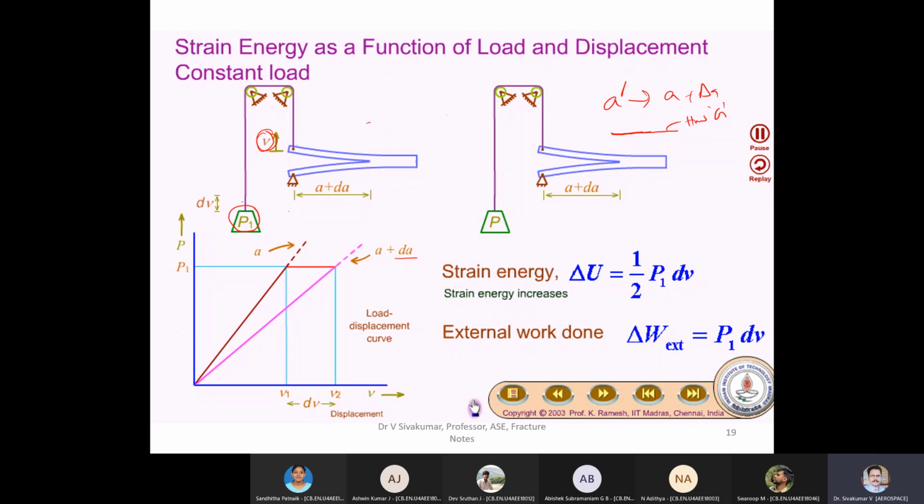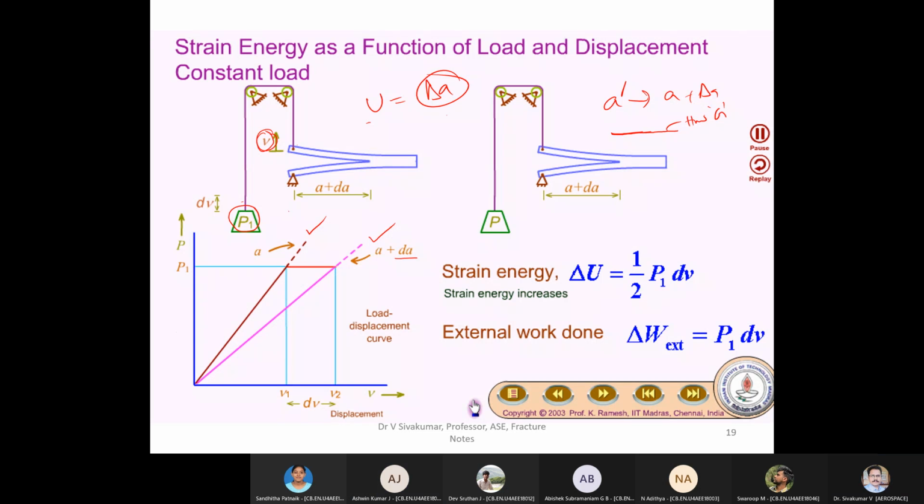We are estimating the energy. It is very difficult to have some other mechanism or testing procedure to estimate the energy. This is the easiest, simplest way to find the energy. How are we finding it? Because I have done a test on A and a test on A plus delta A, the difference in energy between them is the energy which causes delta A. Is it fine? Are you agreeing?